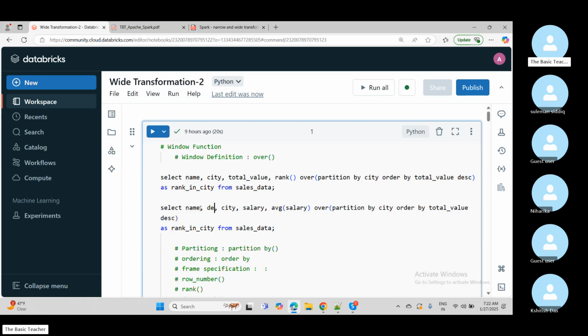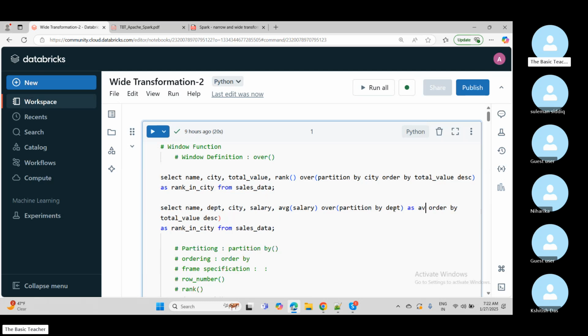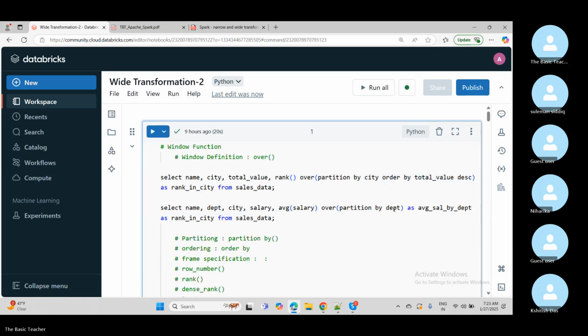Here I will be giving one more column, department, and partition by, let's say I want average salary by department as average salary by department from data. Okay, so like that we can go either by the partitioning or with the order or without order, and